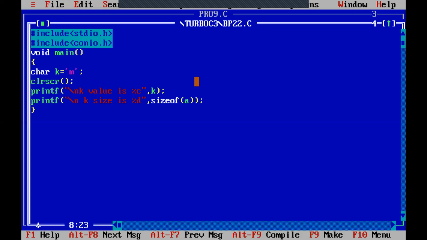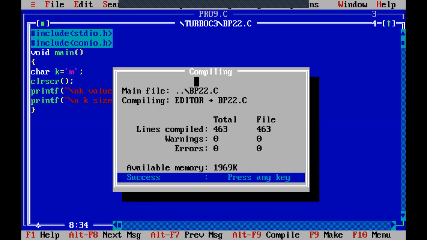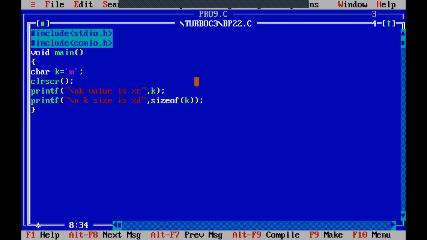If you want to print size, in terms of integers, we will use the percentage d format specifier. Size of which variable are we going to find? k. So you should write k within brackets. Just compile this program. Run this program, Control F9. Just check your output, Alt F5.